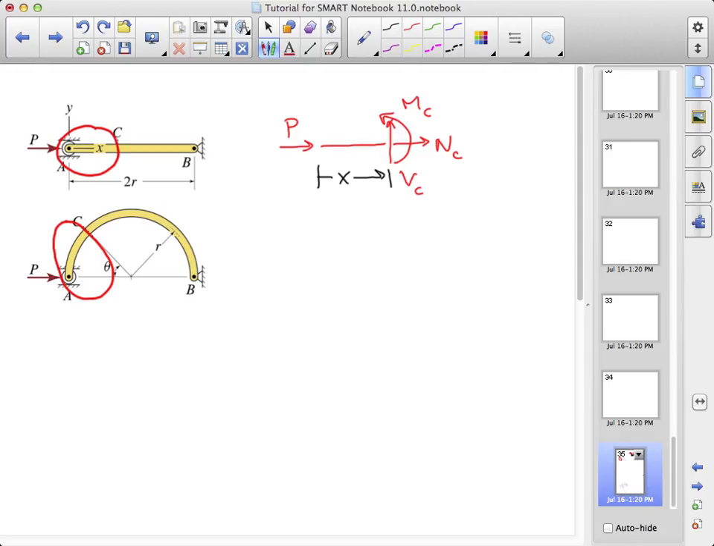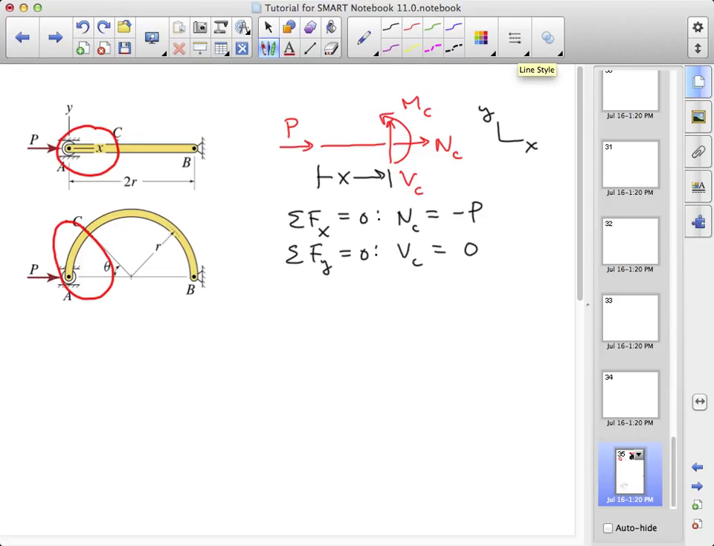Our equilibrium equations, based on a traditional xy coordinate system, will simply give us NC plus P equals 0, or NC is minus P. In the y direction, we'll have VC equals 0,